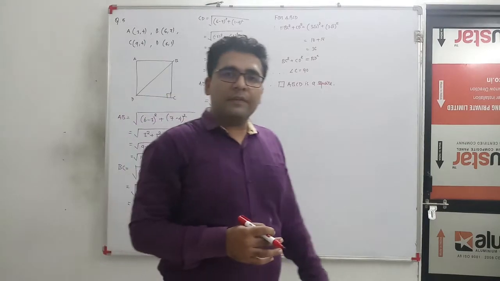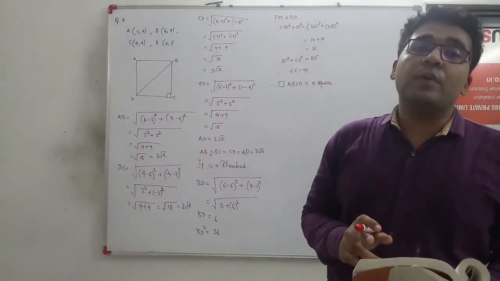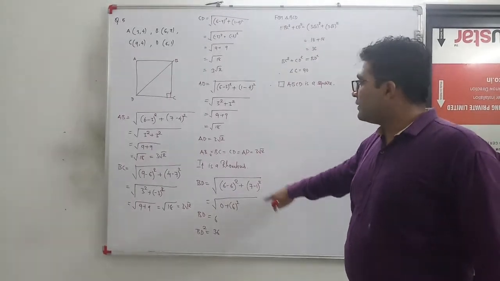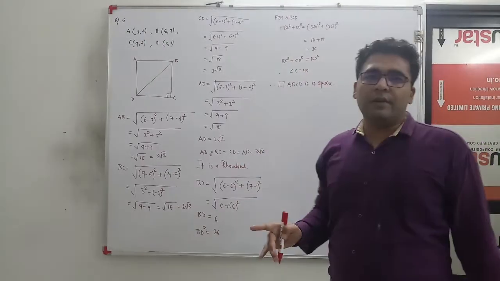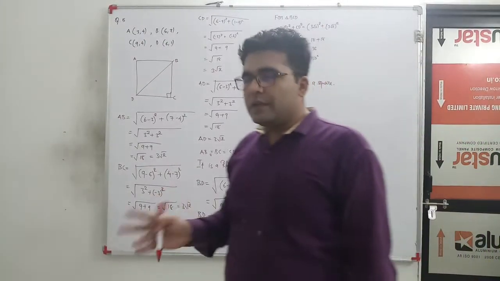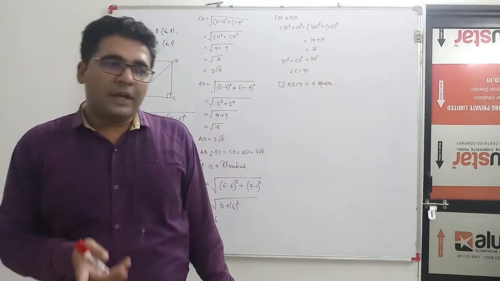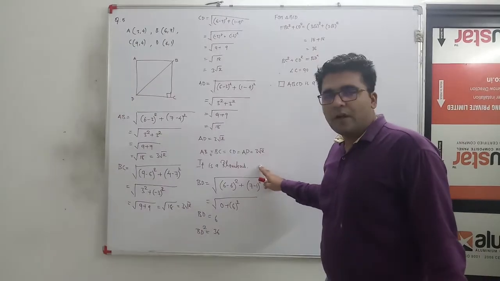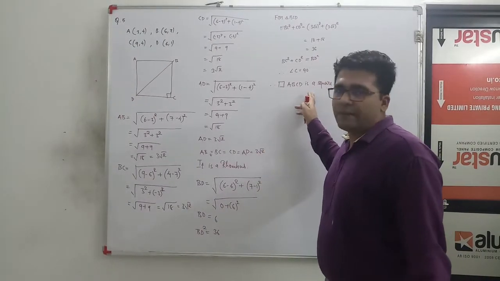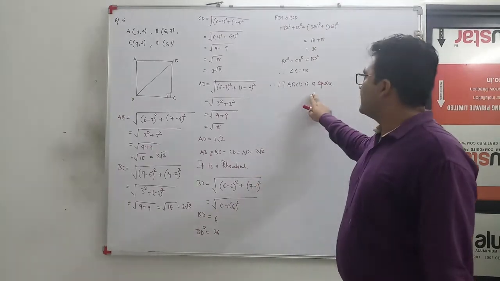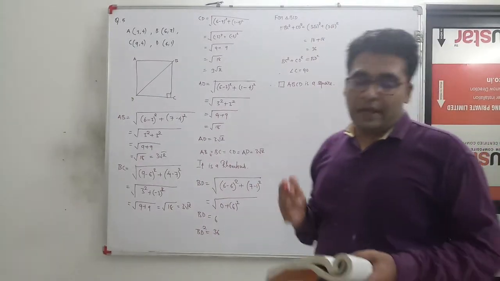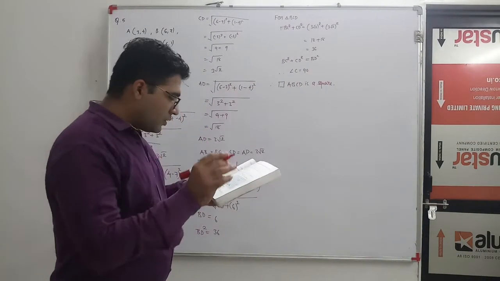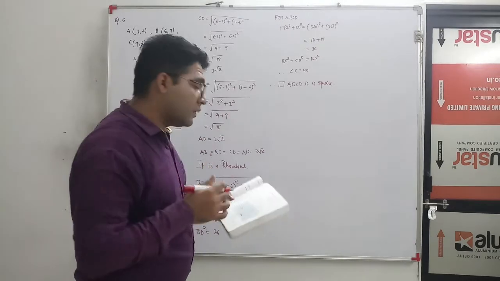I have already given the conditions; use those conditions and prove which kind of quadrilateral it is. If it is a rhombus, then check for a square. If it is a parallelogram, then check for a rectangle. If it does not satisfy, then it is a parallelogram, and if it is satisfied, then it is a rectangle. Same way, if it satisfies the rhombus conditions but does not satisfy the square, then it is only a rhombus. If it is satisfied for the 90 degrees, then we can say that it is a square. So like this, you need to solve this question. Question number 6 you need to do by yourself.